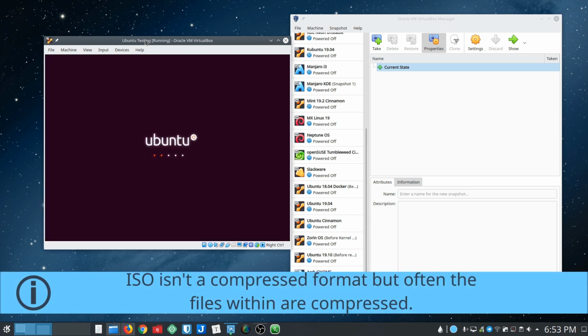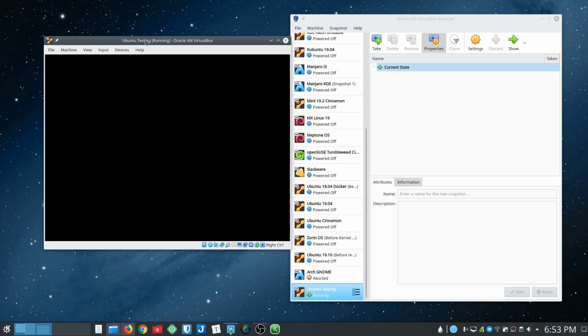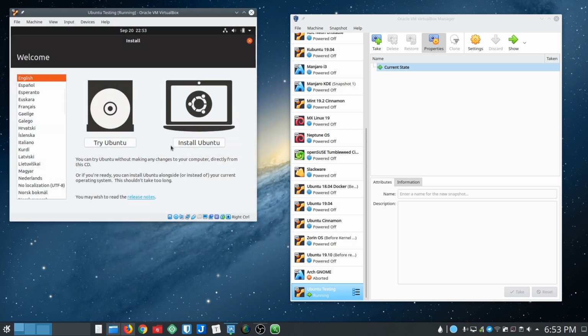And keep in mind, this is running from a compressed file. That ISO file is actually a compressed format, and it will take a second to read it, load it up. It's actually a fairly large file as well. Okay, so